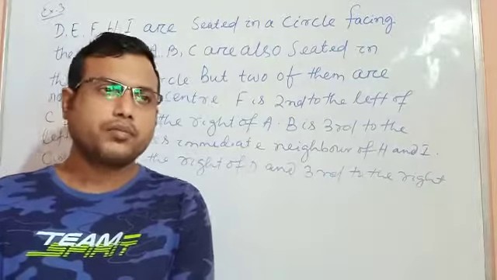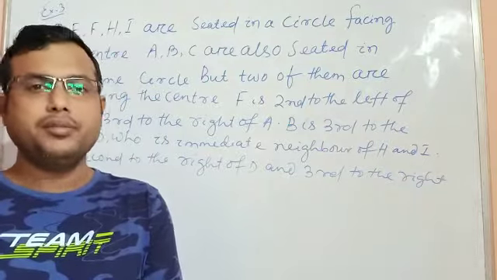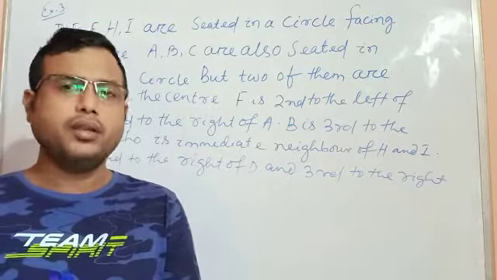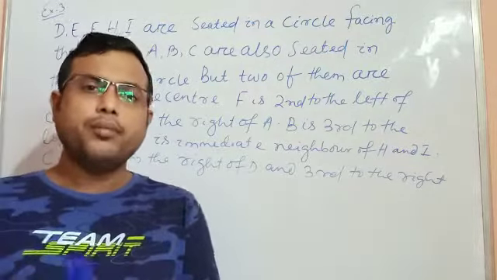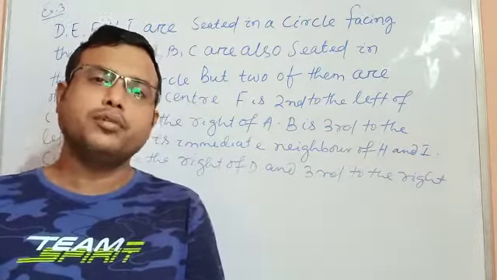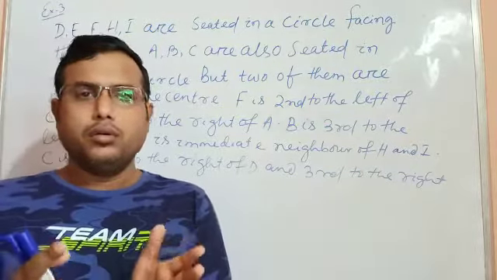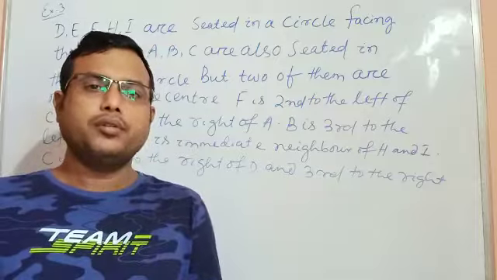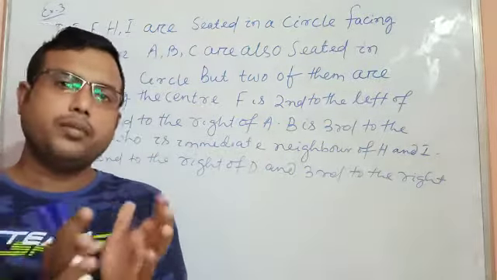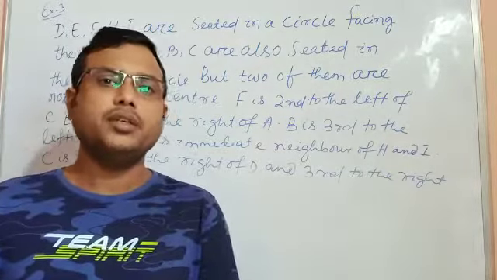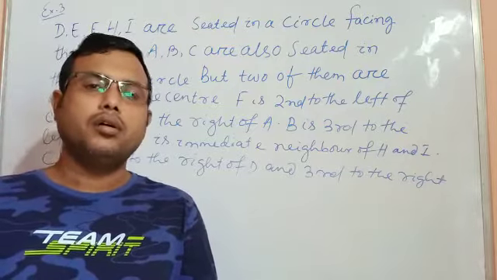Good evening, students. Today we are going to discuss the circular arrangement, and it is another case. That means only two members or one member or some members are facing toward the center and some members are not facing toward the center. Okay, you know the case where all members are facing toward the center. So generally in this case, you definitely find which is the left and right side of the person depending upon the facing direction.